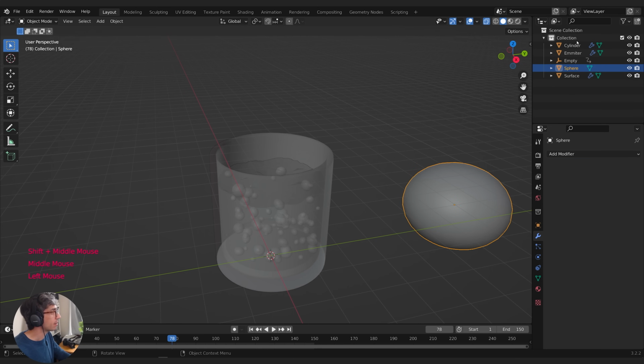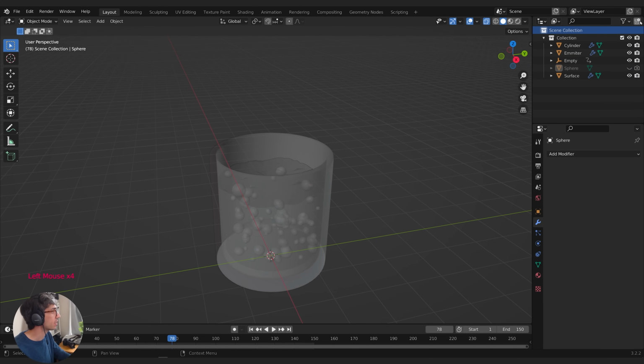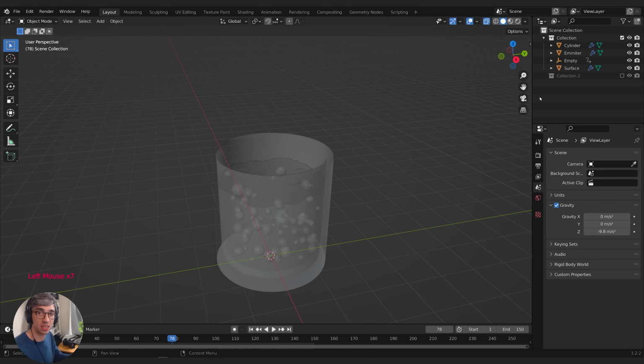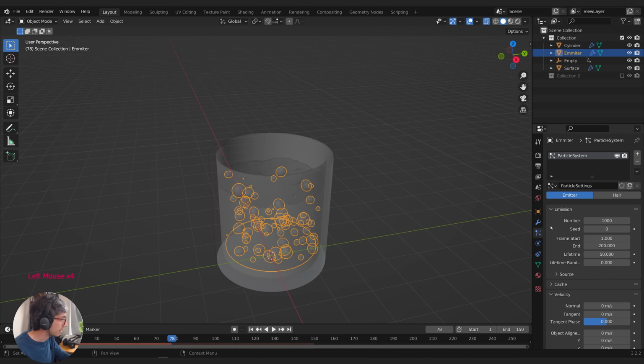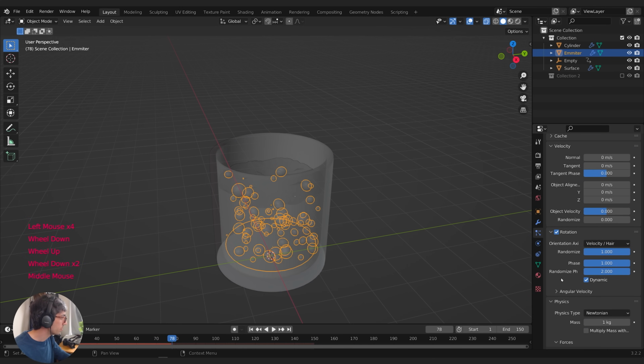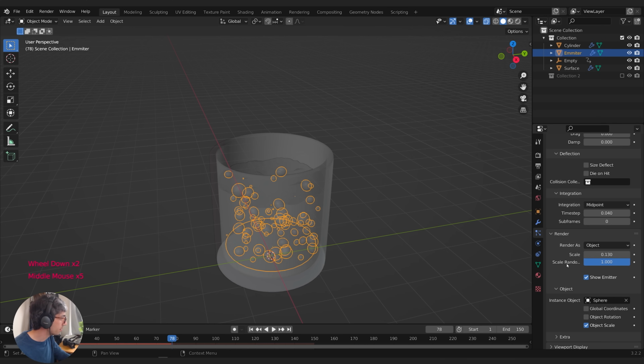So I'm going to go ahead and take my sphere and just turn it off. In fact, I might make a collection in case I have anything else I want to turn off. Sometimes when I do this, I'll just make a collection and turn it off, and I can just throw things in there that I don't need. So for the particles, once they're referenced, we don't need to see the original object anymore. Now I'm going to select my emitter as well and come down to, where is it? I think it's under render. Yeah, show emitter. I'm just going to turn that off because we don't need to see the emitter in the render.